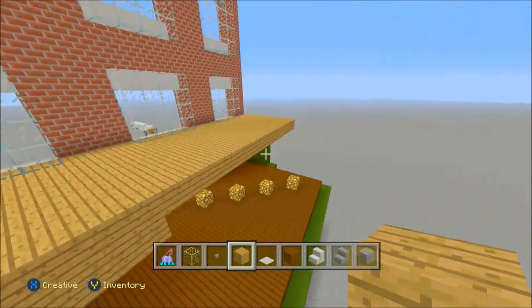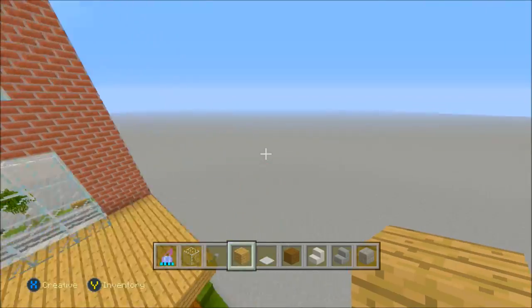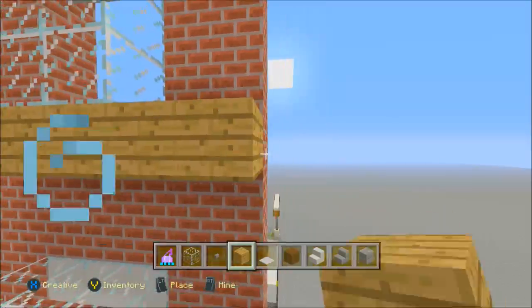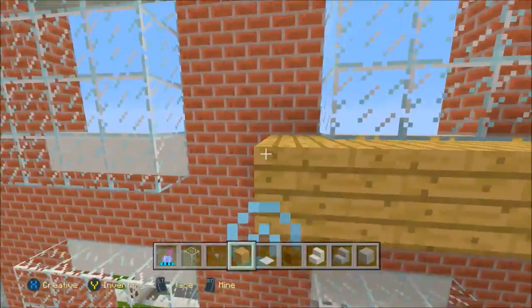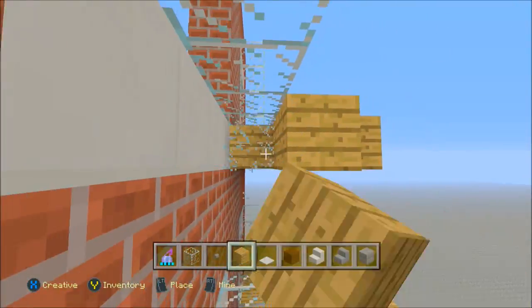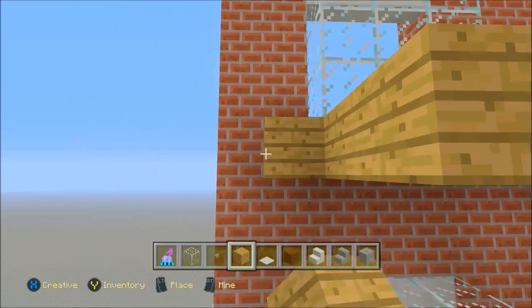So yeah, just add the wood as far back as here. But I'm just not gonna do that just because of time. I'm gonna have to do that next in between the episodes, and you just want to do the same above here. So I just want to show you guys how it would look. Just destroy this glass, basically destroy the glass that's touching the white bits, and then there we go.